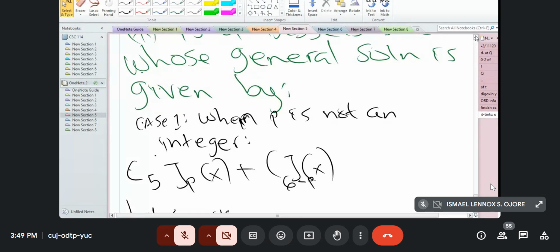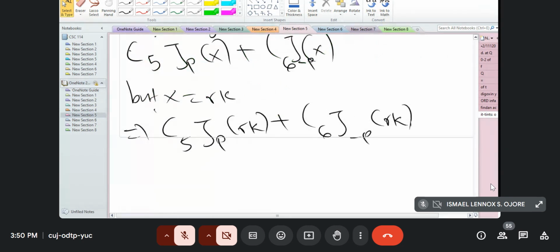Yeah, that's okay. So when p is not an integer, you will have some constant times Jp of x plus another constant times J minus p of x. But in our differential equation, x is equal to rk. So it implies your solution will be C5 Jp of rk plus C6 J minus p of rk, where